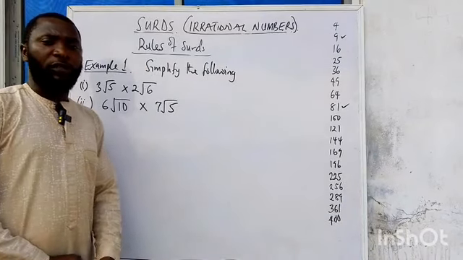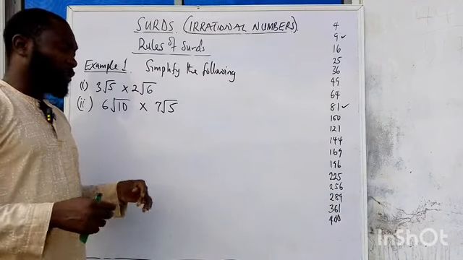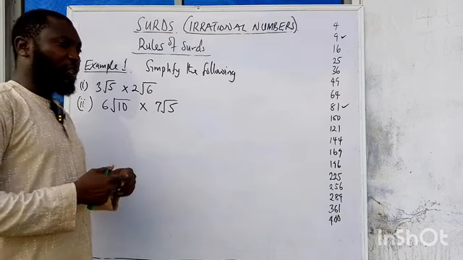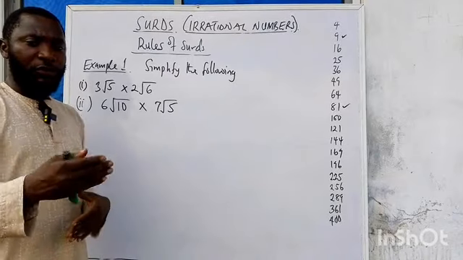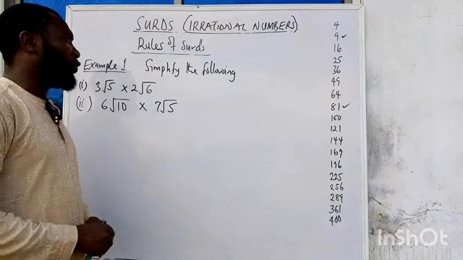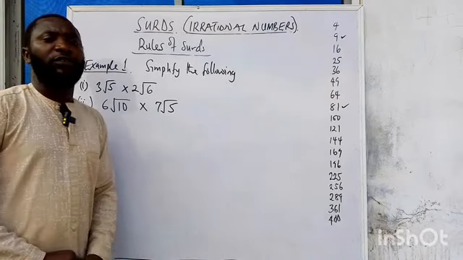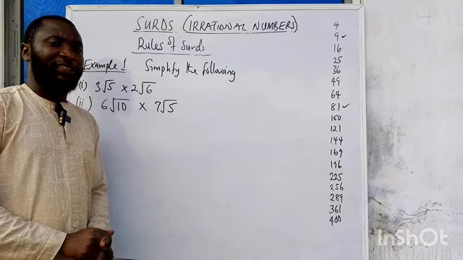How do we work with surds regarding our basic operations? How do we add them together? How do we subtract? How do we multiply or divide? So now we are starting with multiplication rules. The multiplication rule of surds says that